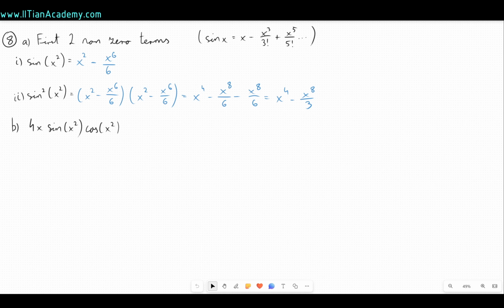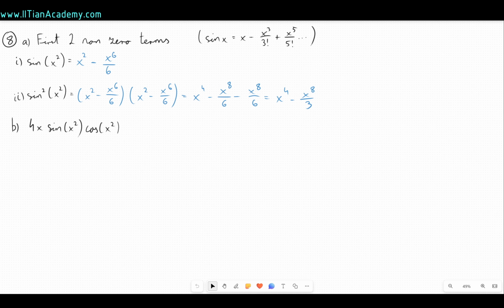So in part B, we need to find the first two non-zero terms in the Maclaurin series of this function. And well, first idea might be to somehow rearrange this, so maybe use the trig identity to rearrange cosine x squared into some other term, and then use the previous two Maclaurin series we found in part A to somehow combine it. But this question is really only worth 2 marks, so that would be quite a lot of work